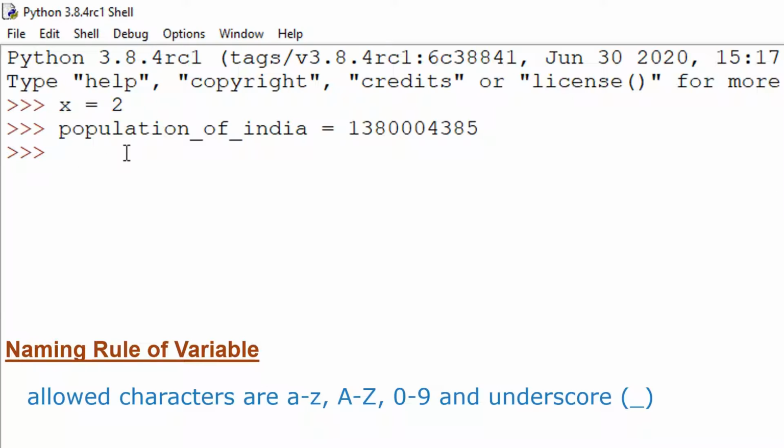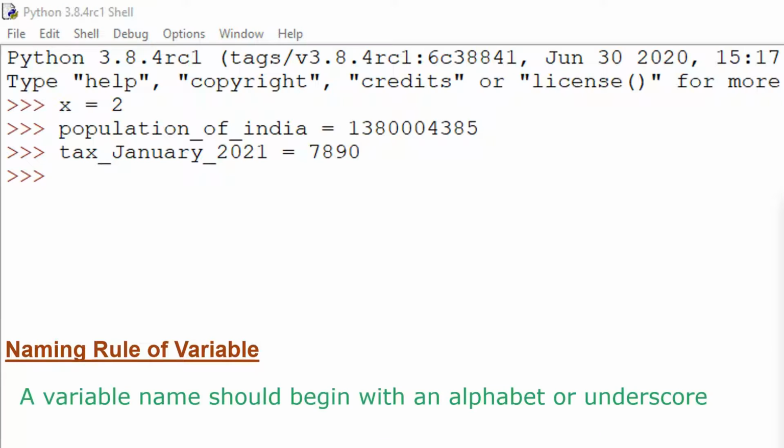So some valid variable names are: we have created variable names using allowed characters. Remember that a variable name should begin with an alphabet or underscore.